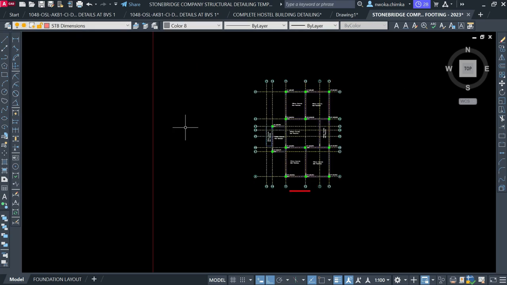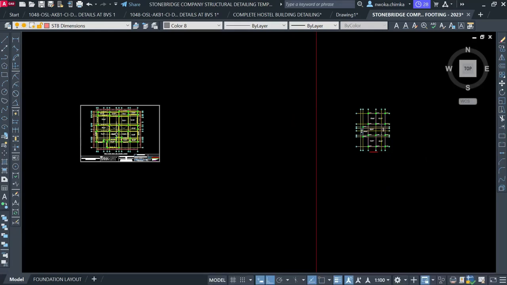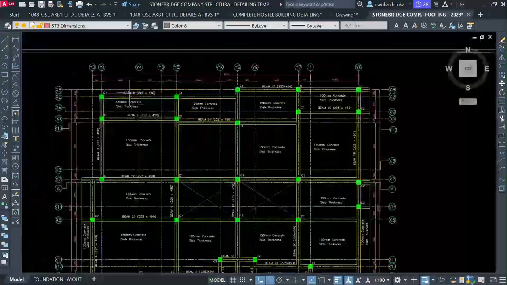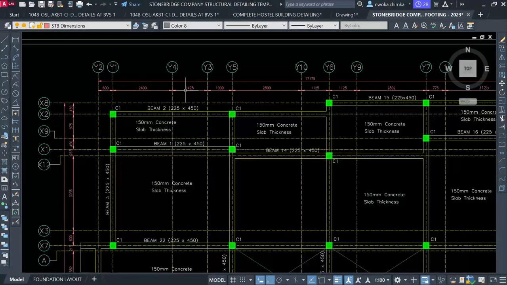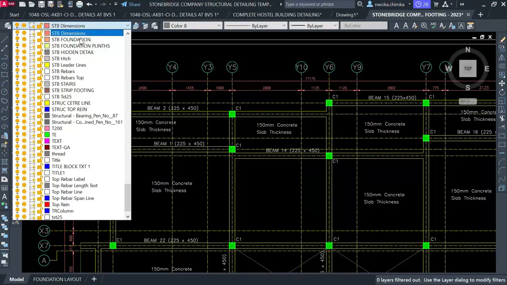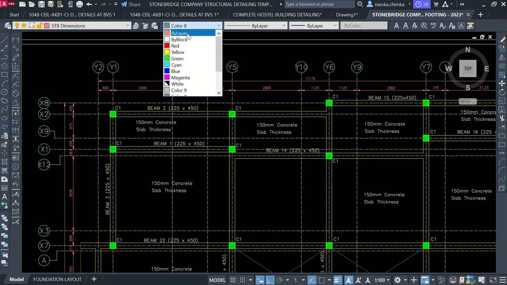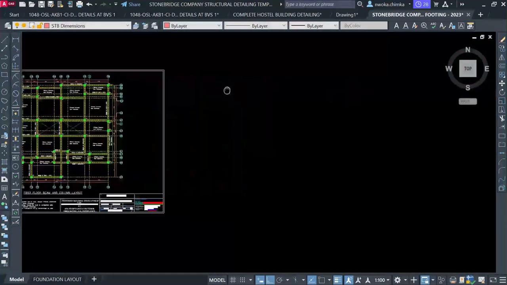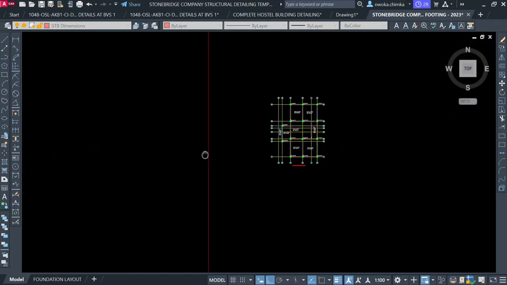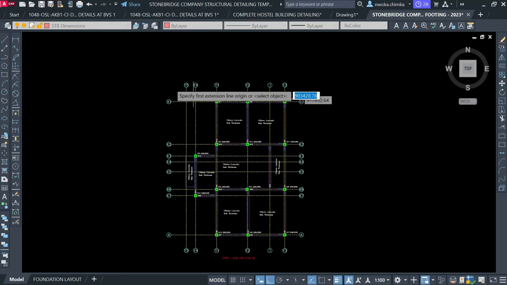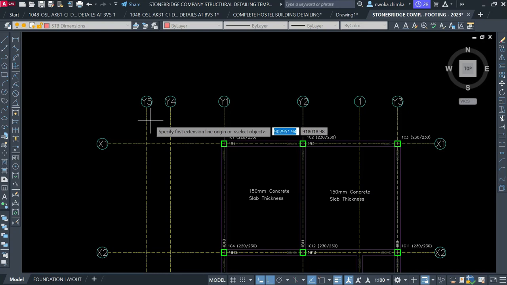Okay, so the next thing to do, once we have done that, as you can see from this template, is to place our dimension. So I'll go here and choose first STB, which simply means Stonebridge dimension, and click here, and then come here and click by layer. Then I'll click on place dimension. Now this template has already set all your dimension styles automatically, so you don't have to do any work, just dimension and go. So on my O snap, which is my snap to the place,